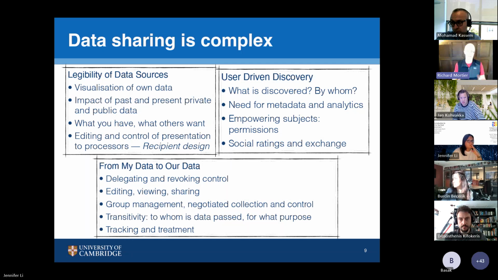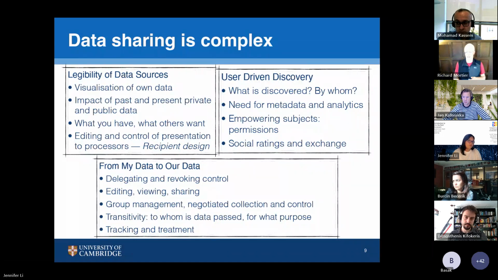It gets worse, because as soon as you start giving any data away, you lose control over it. So the transitivity of this becomes complex. If I pass data to you, you can pass it to somebody else. How do I control that? Can I control that? And how can I track the uses that are made in the future of the data? How can I track what's being done with it? Particularly in an environment where other data sources are going to become available that I'm not aware of at this point in time, which may change the decision I would make about sharing some data or allowing some data to be used. So the entire space got really complex really quickly, I think.